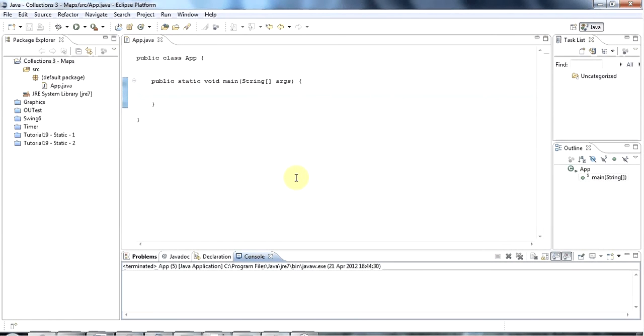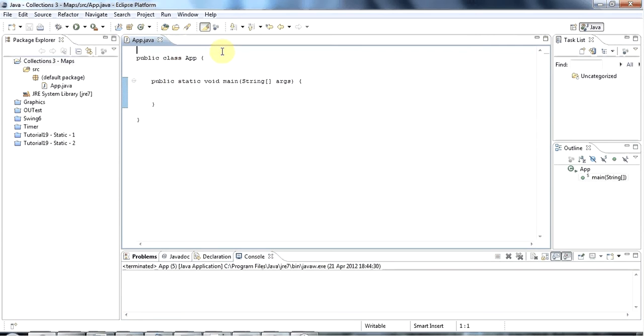This is John from caveofprogramming.com, and this is a tutorial on maps in Java. I think after lists, maps are probably the most useful of the Java Foundation Collection classes. And in this tutorial, I'm going to show you how to use the most common type of map, which